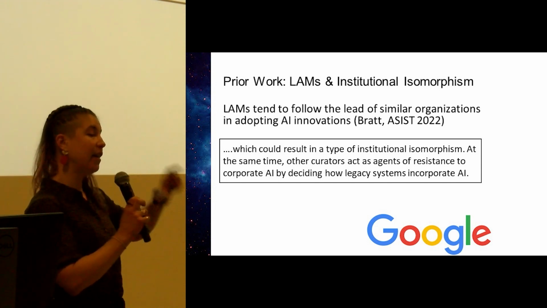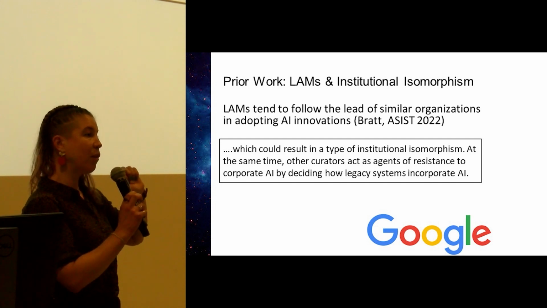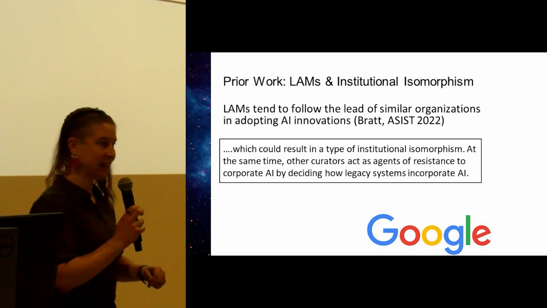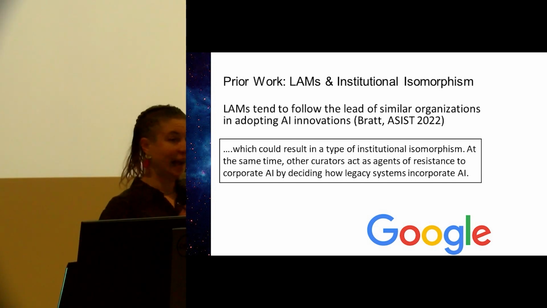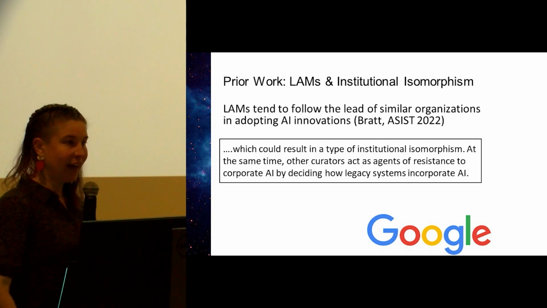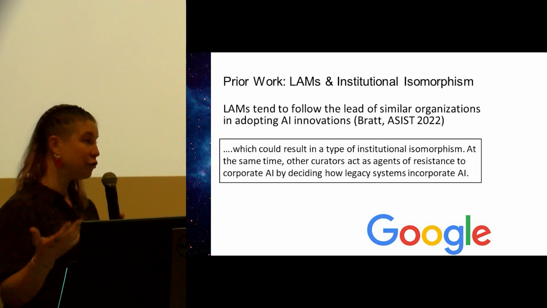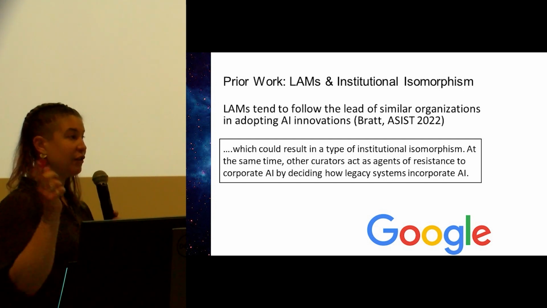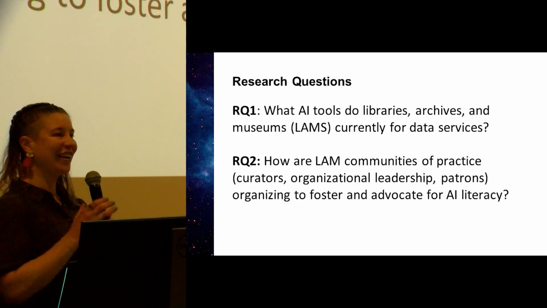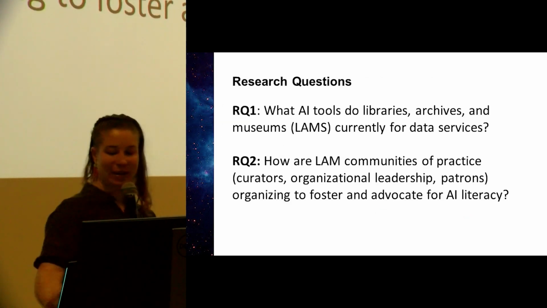When there's a risky environment, institutions will follow the lead of other institutions and adopt those practices. So we saw that a little bit within library data services for AI. And this can be problematic if you're following some of the norms of industry leaders who have different incentive structures than, say, libraries. So based on this, we are currently submitting an IRB